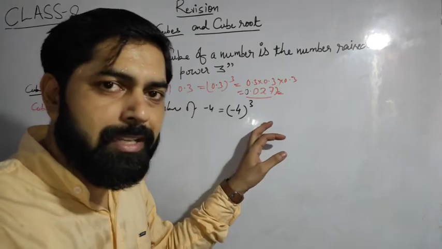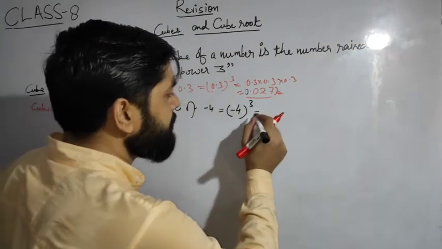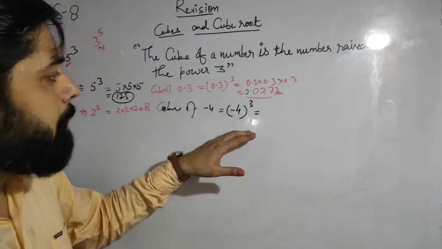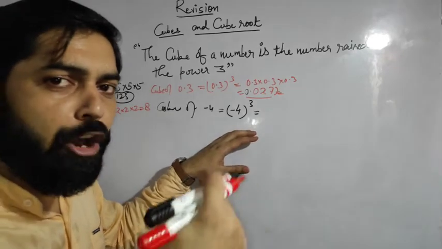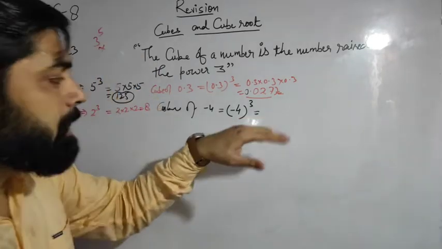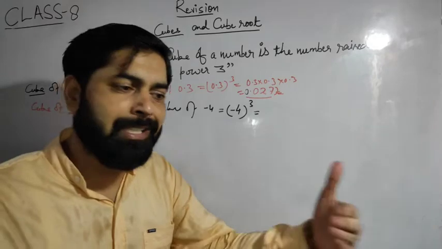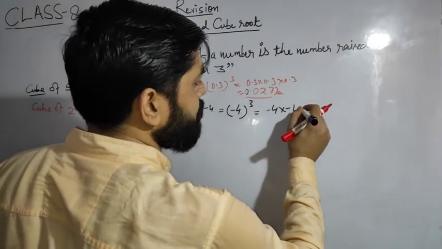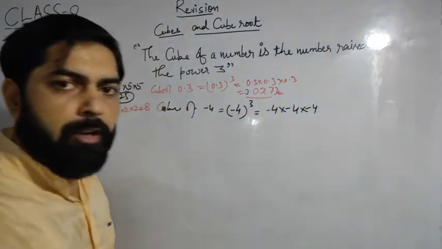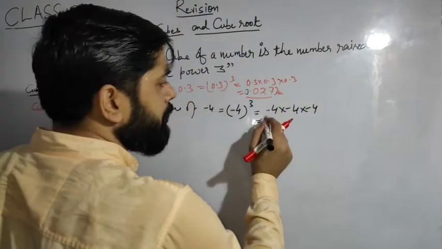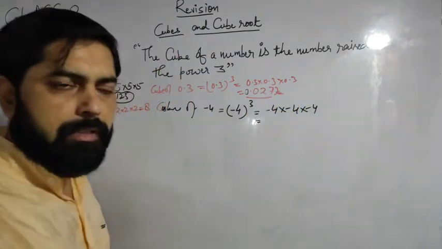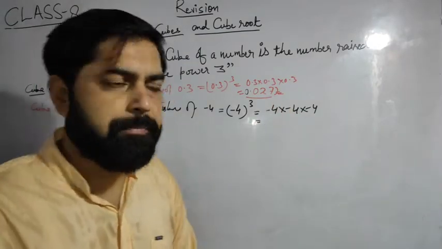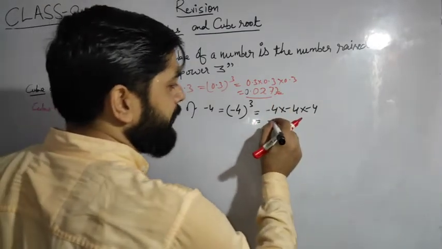Minus 4 raised to the power 3 means minus 4 multiplied how many times? 3 times. Then minus 4 multiplied by minus 4 multiplied by minus 4. Then 4 4s are 16 and 16 4s are 64. Then the answer will be